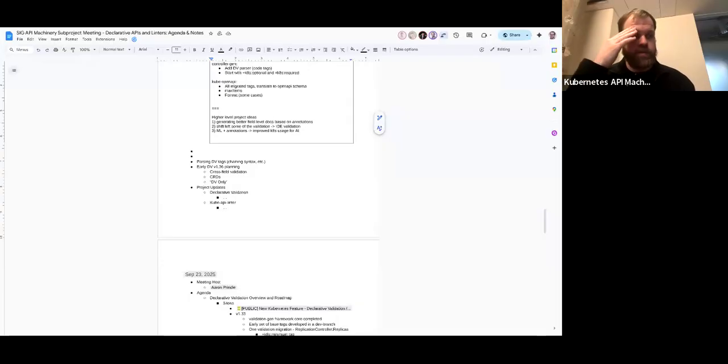The idea of shifting left. I believe Red Hat has an IDE tool that does some validation checking of API types, some schema checks, but similarly trying to do these validations in a shift left manner.